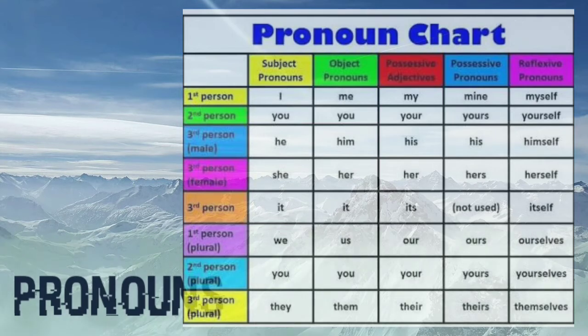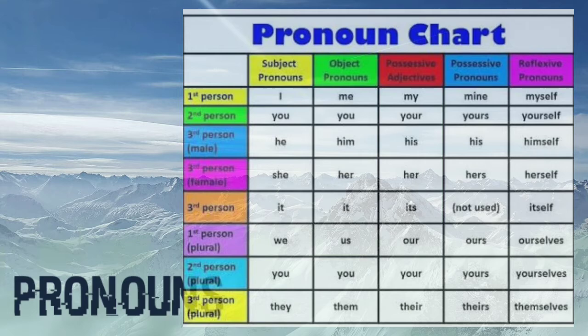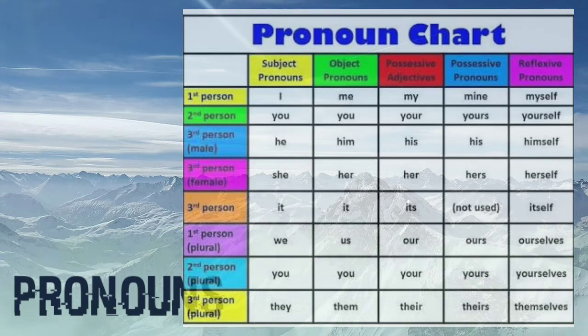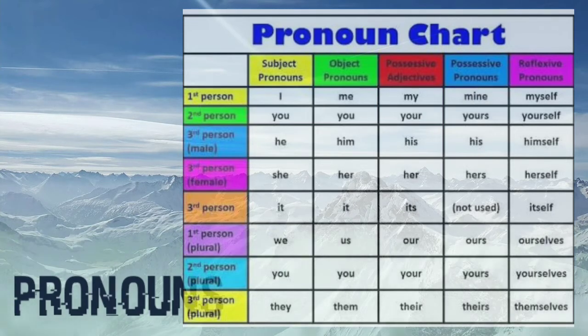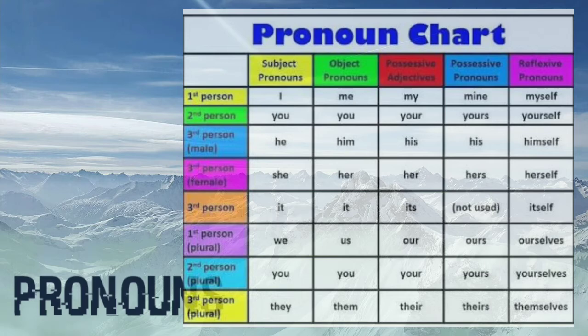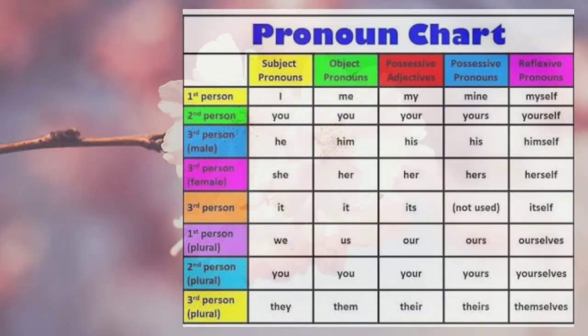And the last one is reflexive pronoun: myself, yourself, himself. These pronouns are basically used in the place of object. They can be used in the place of subject to emphasize the subject. So they are also called emphatic pronouns. For example, I myself, but I cannot say myself is Anthony. That is wrong, because reflexive pronouns are always used in the place of object, and if it is in the subject, then it is emphatic pronoun.